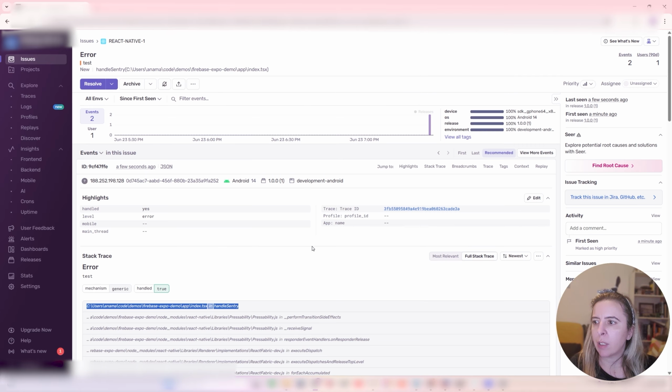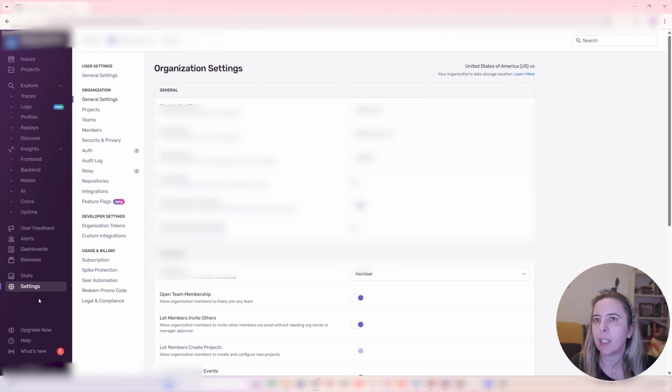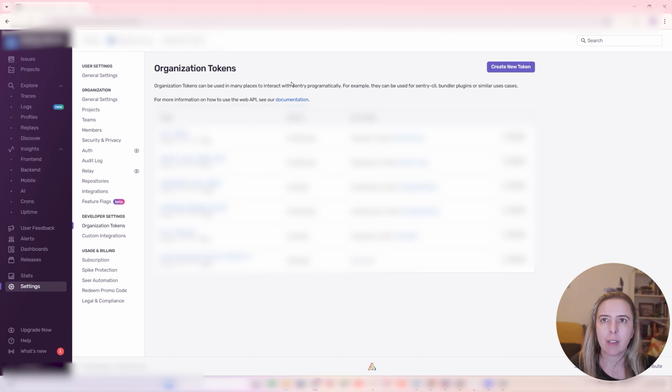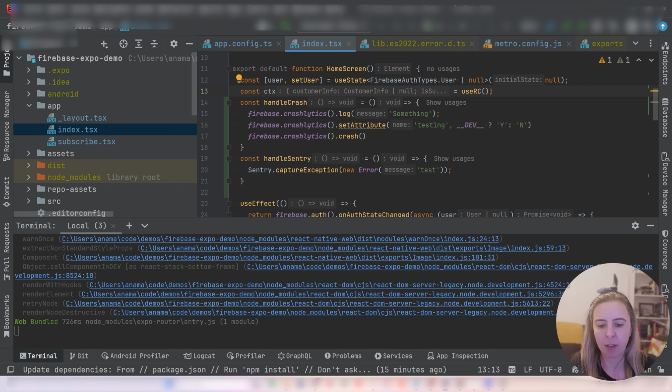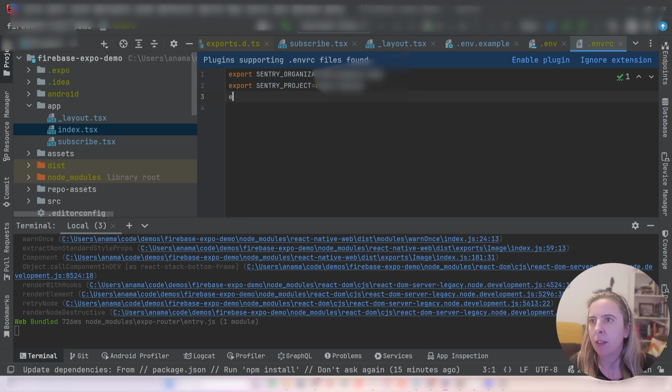And one more thing, you probably want source maps being reported in production, and that's why you need to set up one more environment variable, and it is called the Sentry authentication token. You can find it in settings, organization tokens, create new token, and save it in, for example, I save it in the npmrc, and this should not be git committed.